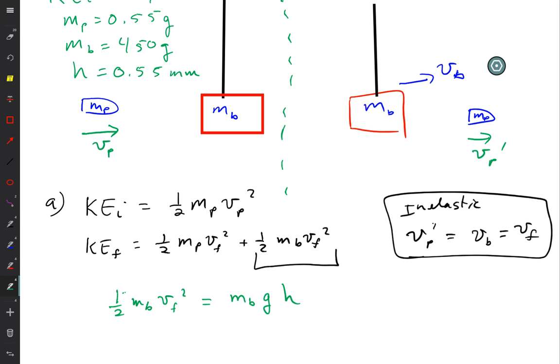And this here is the kinetic energy of the pellet after the collision that we're looking for. So what they called KP, right? Everybody agree with that? So if I want to solve this for kinetic energy of the pellet, I'm going to have